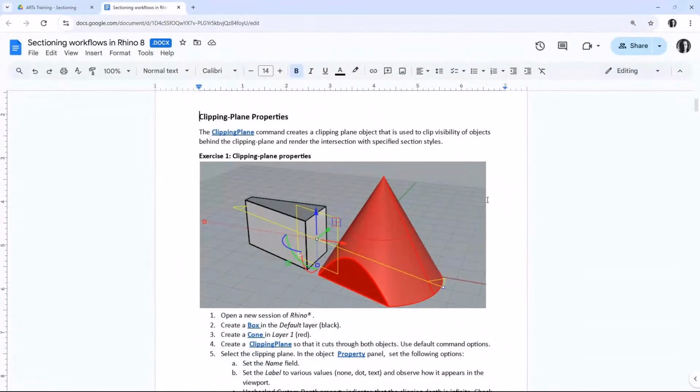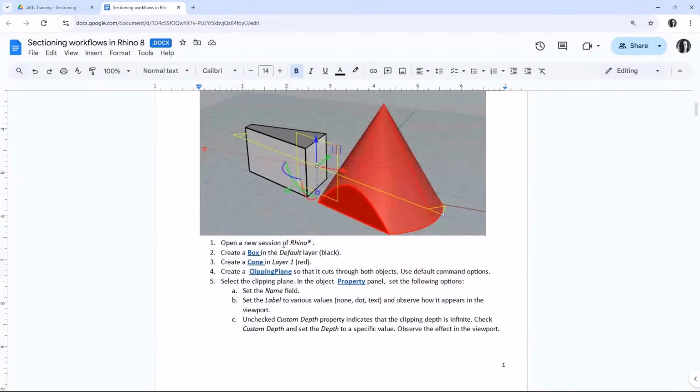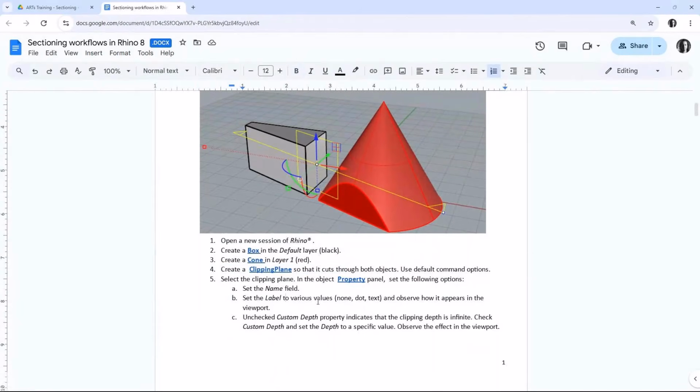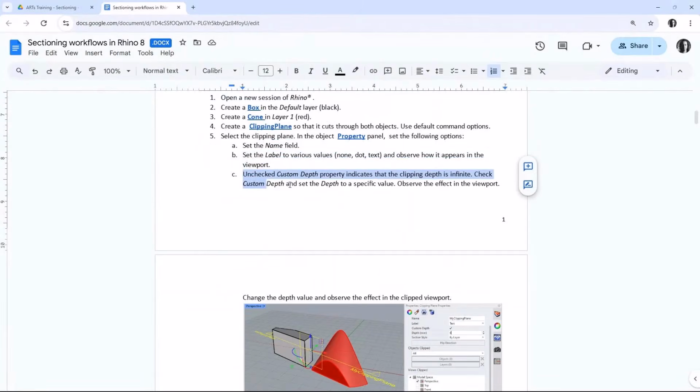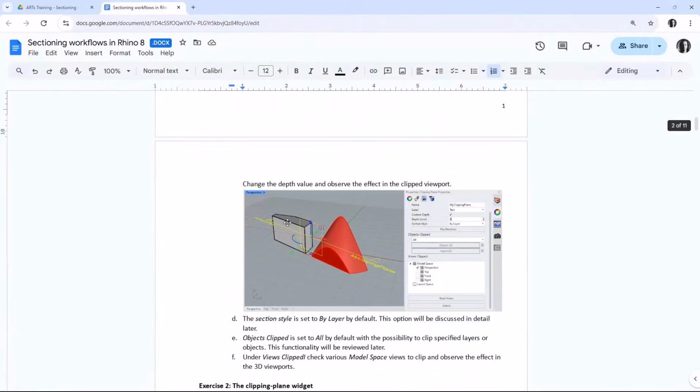So what I'd like you to do now is just go and do exactly what I've done, which is create the box and the cone, and you create the clipping plane with the clipping plane command, and then go through the properties and set the name, set the label, and set a specific custom depth.